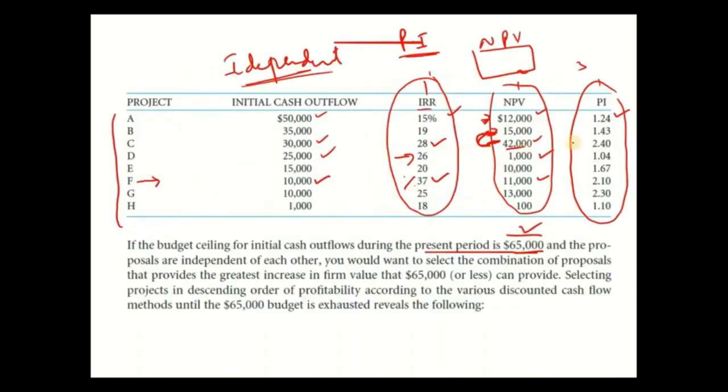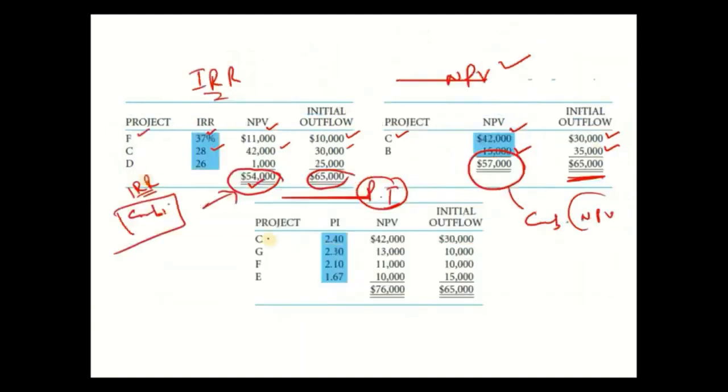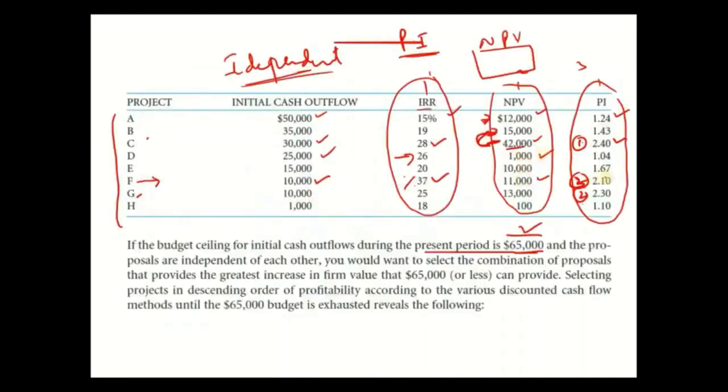Which one has the highest PI? PI is this one, 2.4, project C, number 1. Then we have number 2, number 3, right? 1, 2, 3. So it means C, G and F, based on profitability index. And what is the initial cash outflow for C? It is 30,000, 10,000, 10,000, how many? 50,000, right? So we have already selected 3 projects, and the fourth one is 1.43, no,